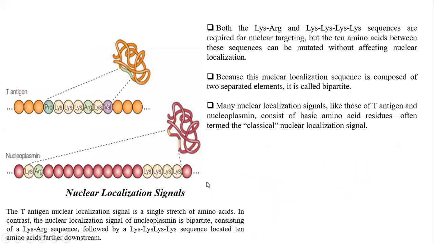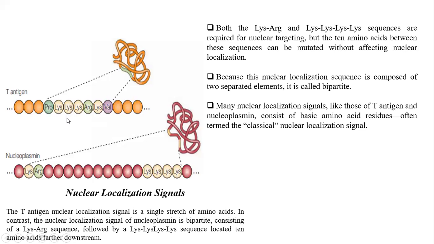Now this is the example of how this NLS looks like। So in the case of the T antigen, T antigen कहाँ मिलता है आपका SV40 virus में, so in that they have studied first, okay, in the T antigen, later they studied in the nucleoplasmin in the eukaryotes, पहले virus में पढ़ा उसके बाद eukaryotes में पढ़ा। So it is a single stretch of amino acids। NLS of nucleoplasmin is bipartite। Bipartite मतलब उसका जो signal है it is divided in two parts, here and here, ठीक है। Now when you say bipartite it is divided in two parts। Now why it is important, because it is accordingly going to have interactions with the importin, okay, and then only this importin will bring the nucleoplasmin to the nucleus, okay। Now let's see what is the signal over here।